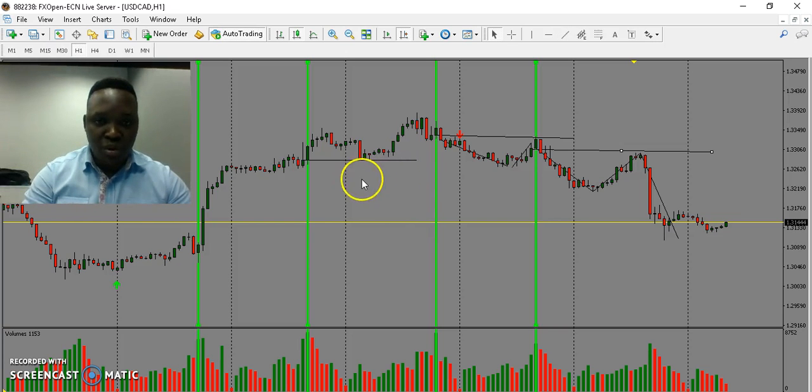Maybe got a fail, maybe not, because it came right to that zone right there, right to the pip, and it touched that zone, and you had a buying phase. Okay, and we're looking at a possible trade. The date today is the 25th of January 2017, and we can see also here there was a big rise